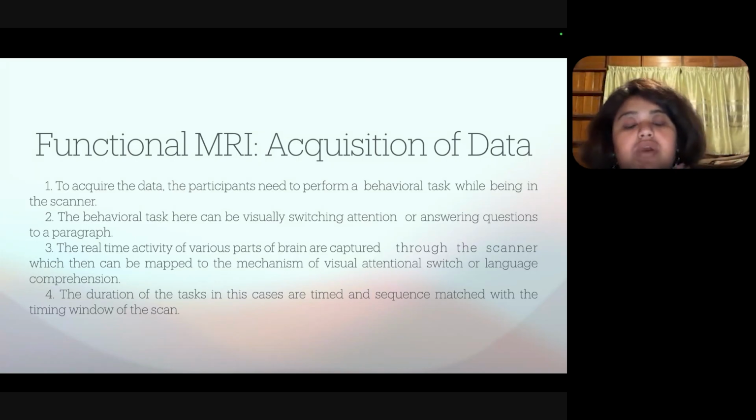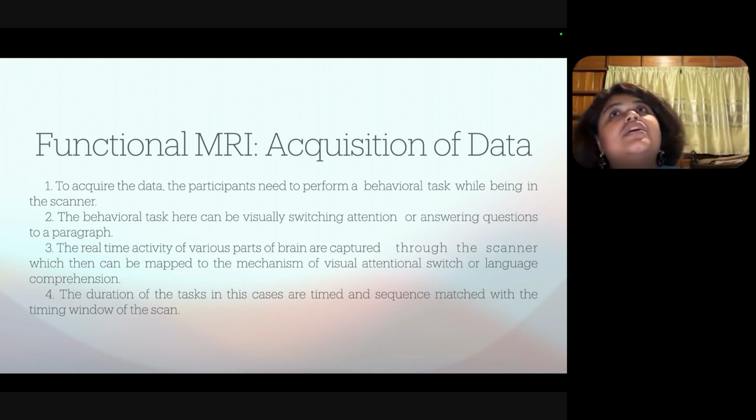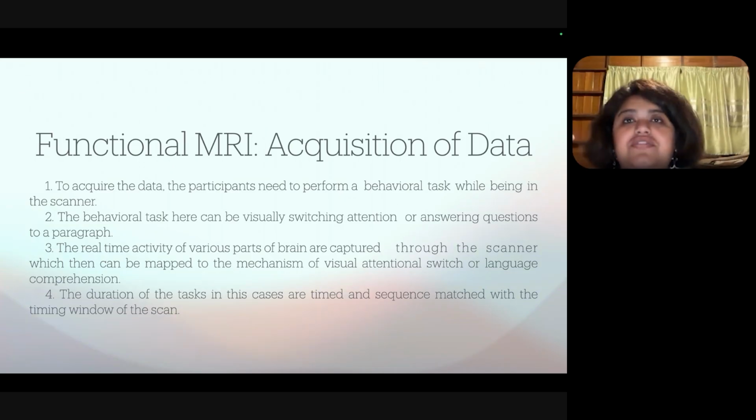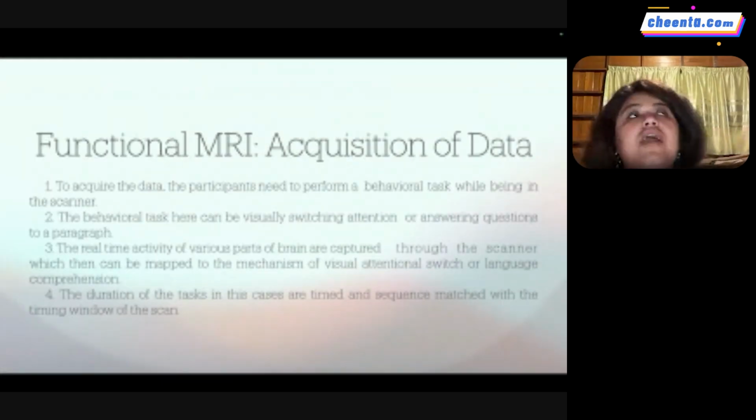One thing that is very important to understand: the duration of the experimental task that we are using inside the scanner has to be similar to the duration for which we are collecting the scan. If both of these do not match, then either you have fewer brain volumes or fewer slices of the brain compared to the task we have done, or we have a problem where your scanning has ended but your task has not finished. So both things have to be of the same duration, as in if you have a scan time of 1 hour, then your behavioral task should also be of 1 hour. These two have to sync.